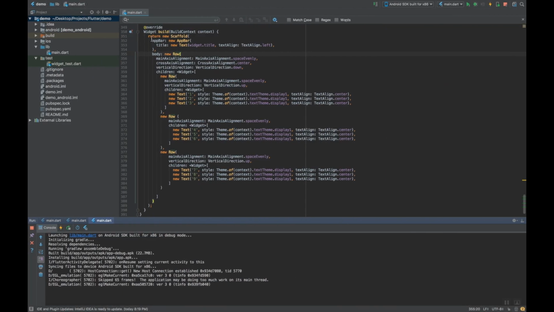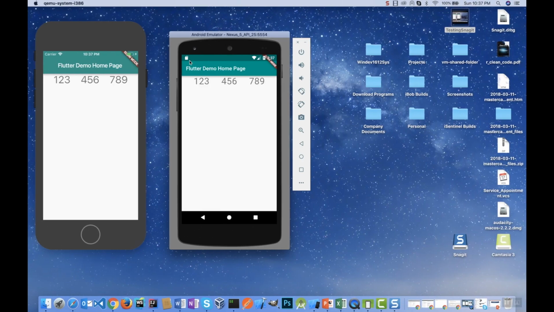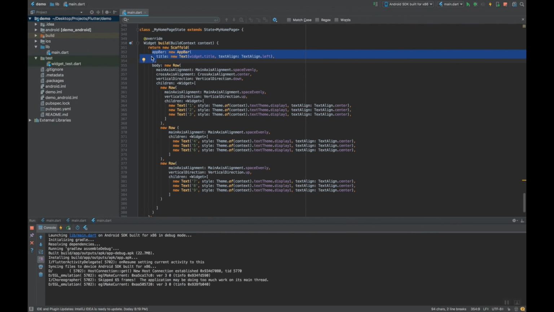Now we have this app bar at the top. Now this is part of Scaffold. So this is part of the framework, or one of the widgets that come part of this framework. So if we remove this, the app bar pretty much represents this top bar here, which has Flutter demo homepage. So if you remove that, or just comment it out here,